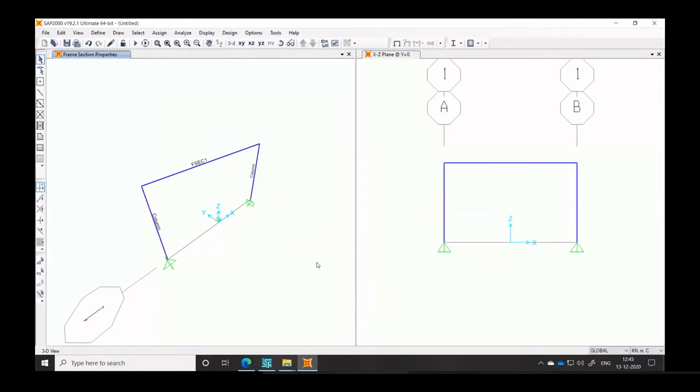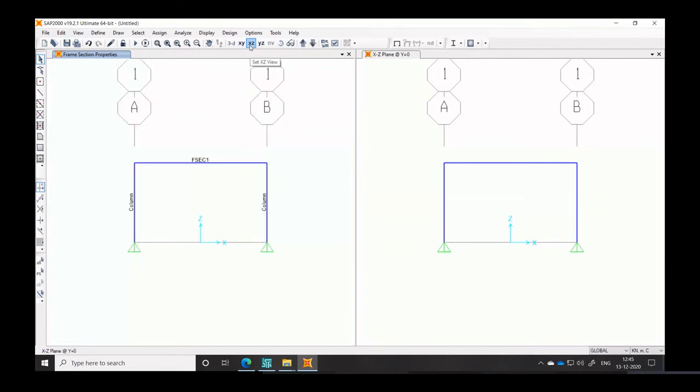Okay. First, let me create the fixed based structure, or for the base isolated structure, we need to have a base mat. Remember, I'm only considering a 2D analysis. So I will need to create a beam here as well to represent the base mat or base beam.